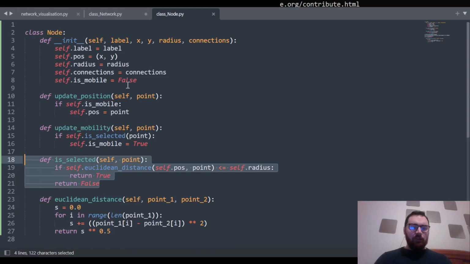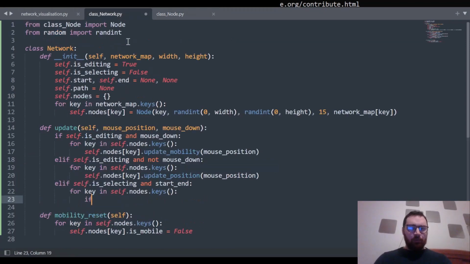We can use that independently to find out if the mouse is over that point. And because we have the mouse position here, we can just use that directly. So if self.nodes, and then key dot is selected, with mouse position,